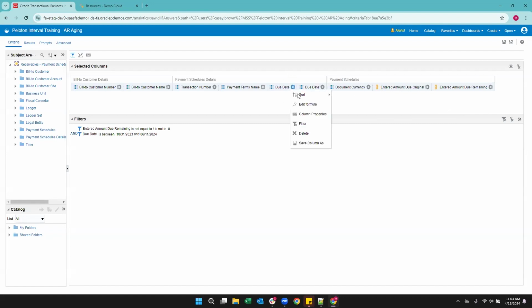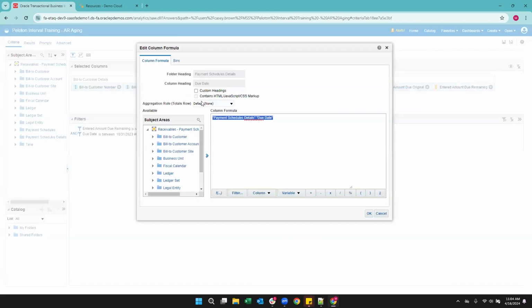First thing we're going to do is I have added a second due date here so that we can have the due date, but also something that most people want on an aging type report, which is how many days past due is a particular transaction, a particular payment. So we're going to go to this due date. I'm going to go to the cog here, and I'm going to hit edit formula. When I do that, it brings me to this screen that shows me behind the scenes what exactly is behind the due date